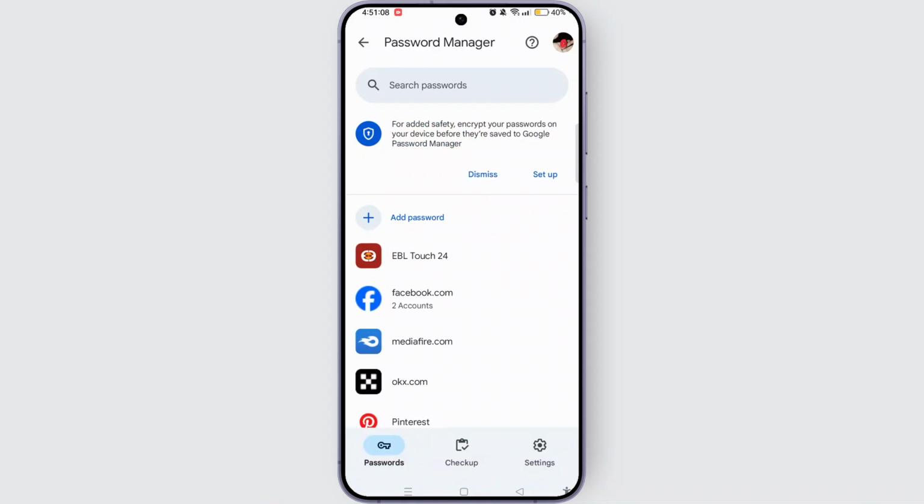But if you don't have any, you can easily create passwords and save them on Google Password Manager by tapping the Add Password button. But before that, make sure you have toggled the button on in order to save passwords on your Google Password